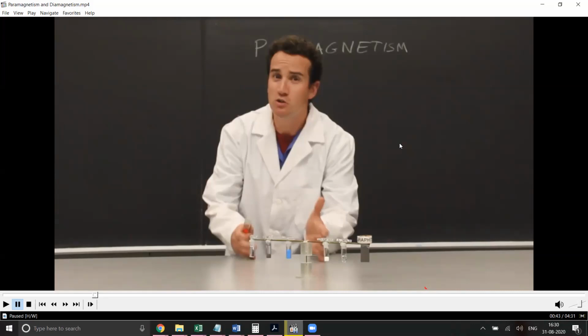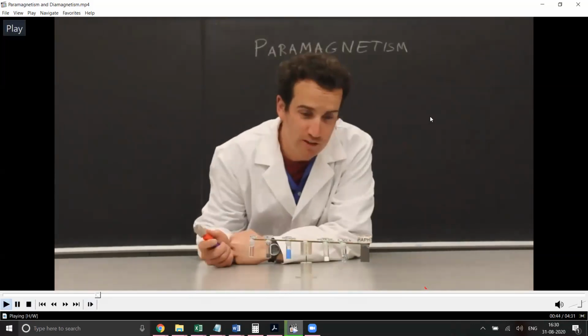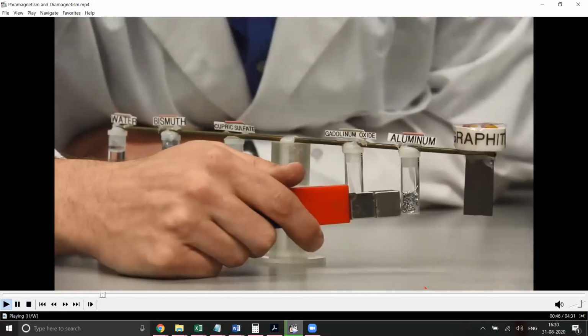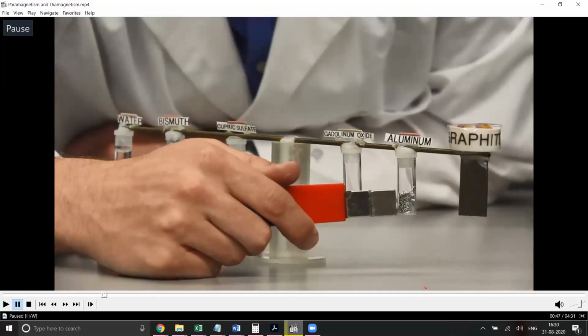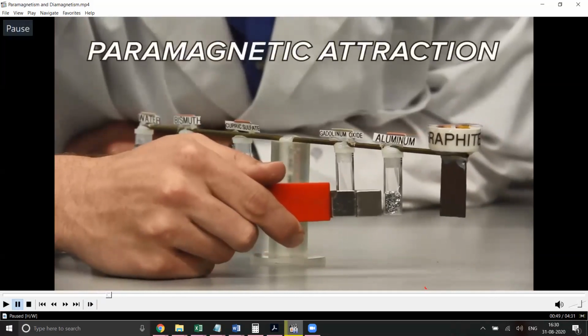Paramagnetism also has an attractive property, but weaker and temporary. Aluminum is a good example of a paramagnet. Is the aluminum metal getting attracted or repelled? Attracted. The same thing happened with iron also; there attraction was taking place, and here also attraction is taking place. But there it is stronger, here it is weaker, and here it is temporary. It means the retentivity of a paramagnetic substance will be less.